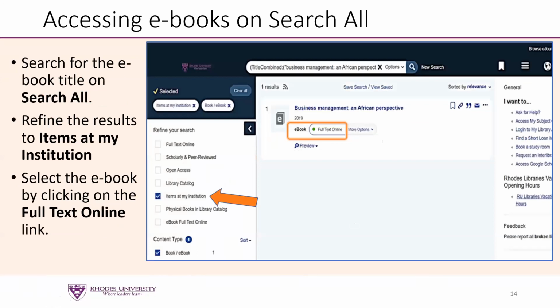So I thought I'll also just touch on accessing ebooks, because the process is absolutely the same as what I've just shown you. Except that instead of seeing a book underneath the title on the screen, you will see ebook, and it won't say available, it'll say full text online. So remember also you have to refine it to either items at my institution or Rhodes Library, whichever is visible on the screen, and then you will see which one has access for the Rhodes users. So you would click on the full text online link over there,